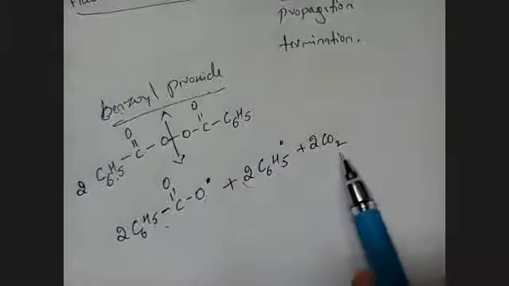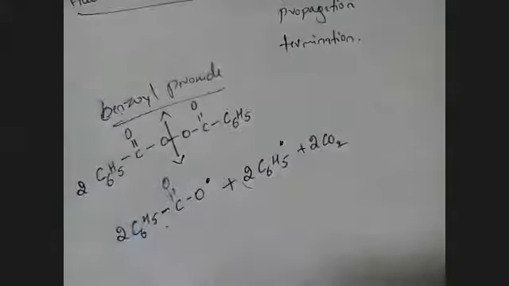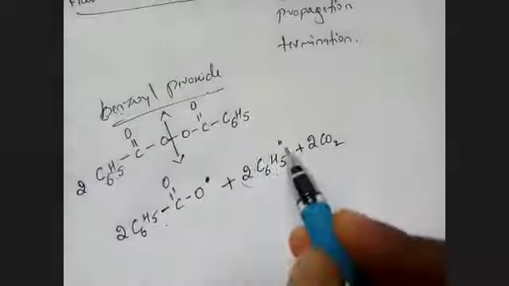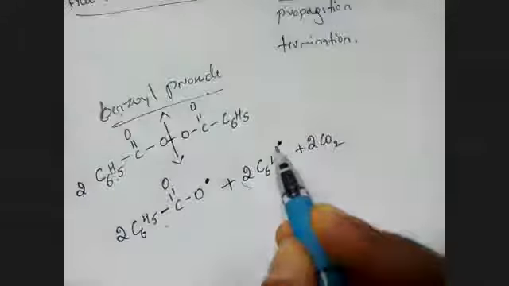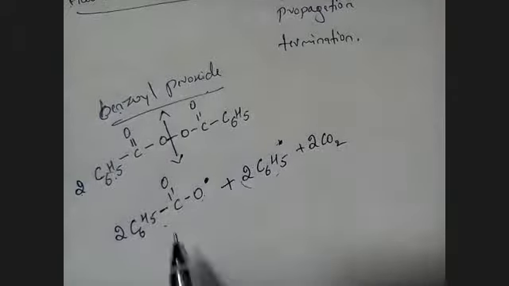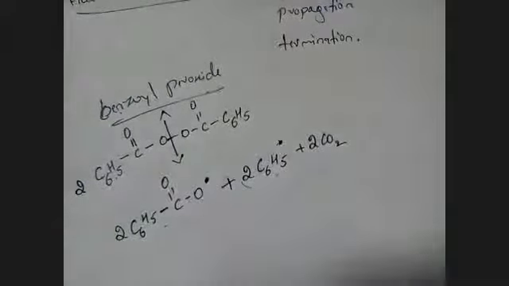And also we are getting a benzene radical, C6H5 dot. This is called a free radical, and carbon dioxide. It's balancing. If you are writing 2 here, it's balanced. Yes, Meghana, it's balanced. So because of the dot present upon the molecule, this free radical will act as a highly reactive species.